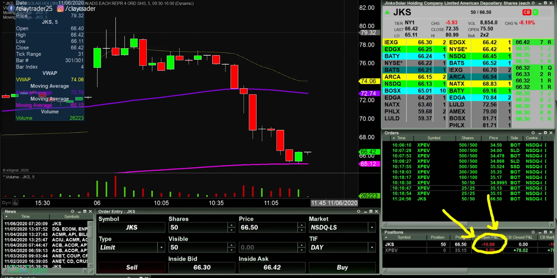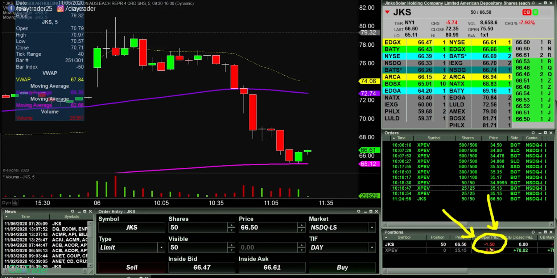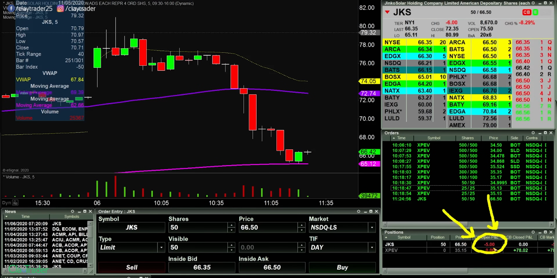Okay, I'm down 14. I'm down 10. Okay, I'm down 10. It's starting to go in my favor. Can we get a bounce? Now I'm only down $7.50. Now I'm down $1.50. Now I'm down 7. See how that's fluctuating? Now I'm down 6. Now I'm down 7. Now I'm down 3. Hey, I was almost at break even. That's the goal here. That's what you're trying to do.